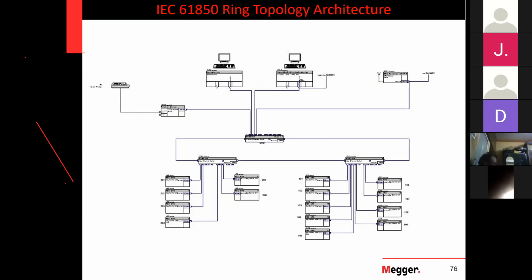Therefore, the relay will be protecting. Even if this communication cable fails, the relay will still be protecting. But you cannot control from the computer because you lost the communication between the relay and the computer. So to ensure that we don't lose that, we have multiple redundant communication architectures as shown in the previous slide.